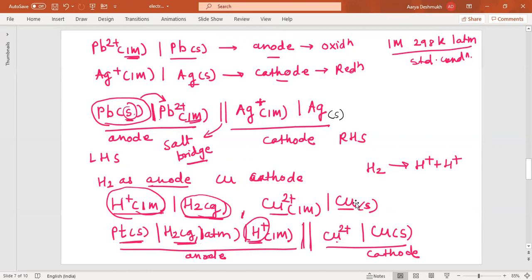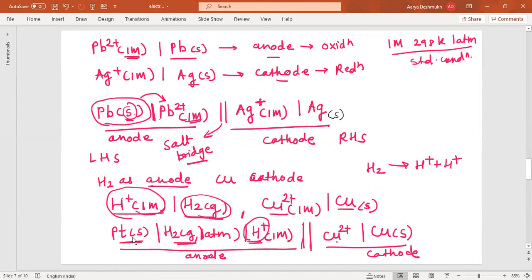The half cell is formulated or constructed by just immersing the metal strip into its own ion solution. So this is fine with the copper metal strip, immersed in its copper sulfate solution, suppose. But here H2 appears in a gaseous phase, so we need to use an inert electrode here. You can use platinum.